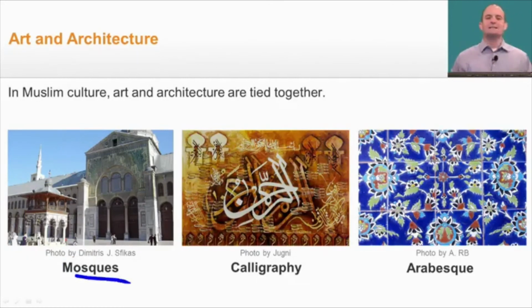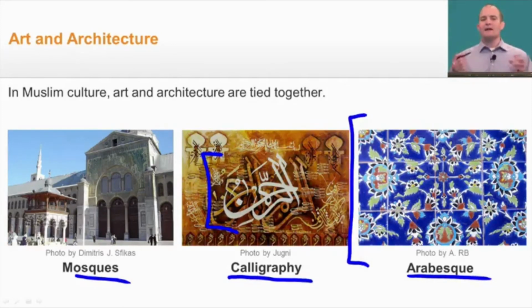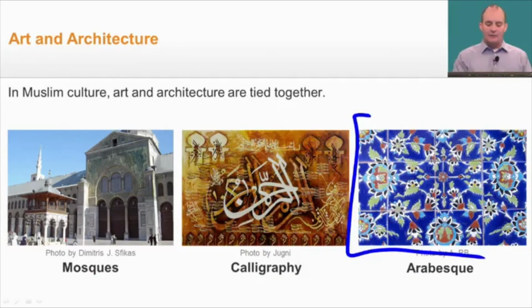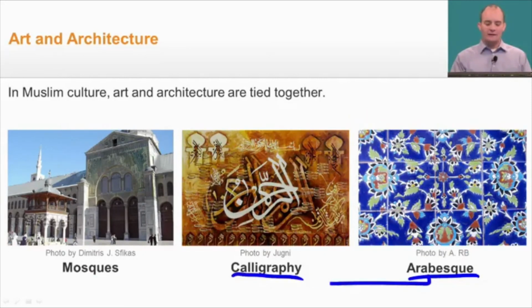So a mosque is actually the highest form of art in Islam. And inside these mosques, you'll often find calligraphy, which is this beautiful writing you see here, as well as arabesque, which is a form of art. It usually starts as a small thing like a flower, and it gradually duplicates into a much larger image. And they all come together. It's very geometric if you take a closer look at it. And both of these, calligraphy and arabesque, many times will decorate mosques.